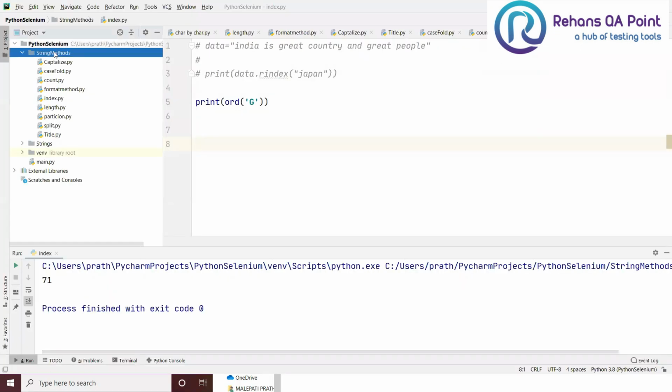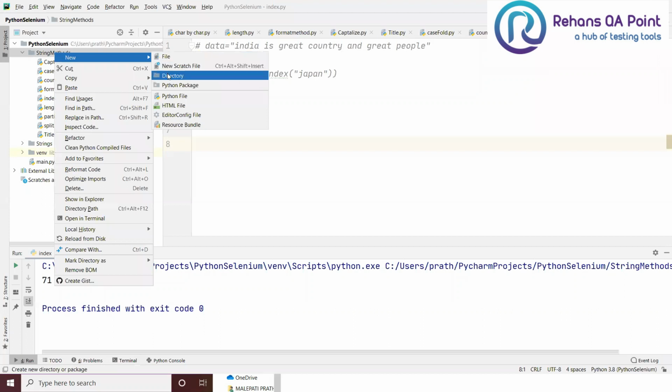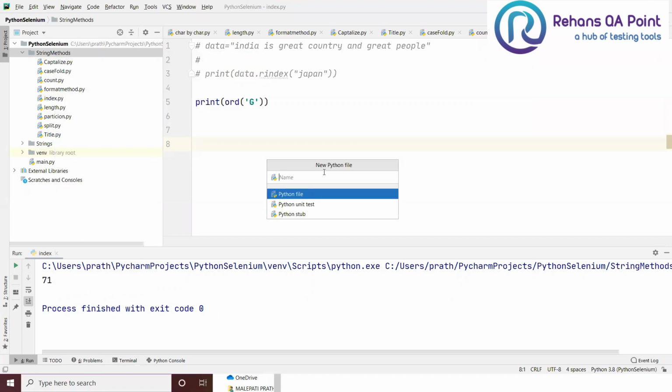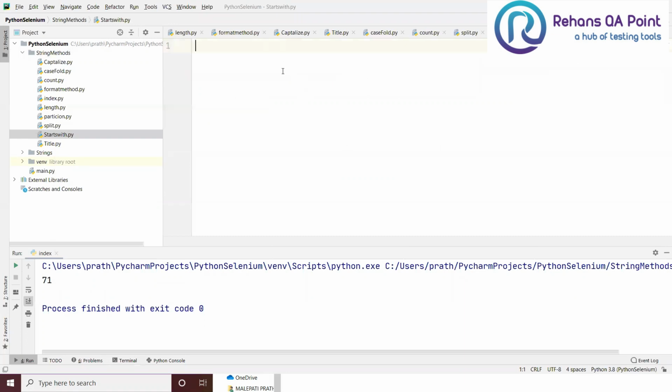So let me create a new method called startswith. I have my data equal to "error: unable to fetch the values from the database".